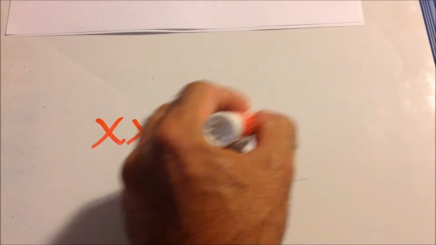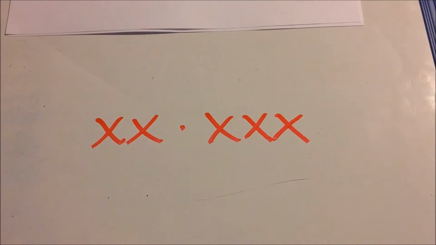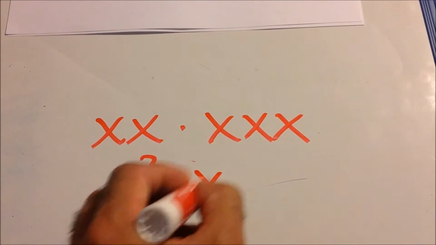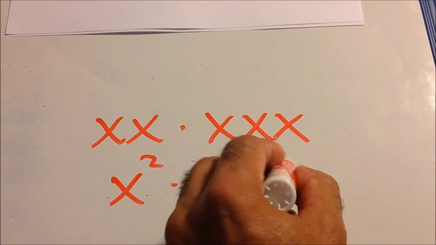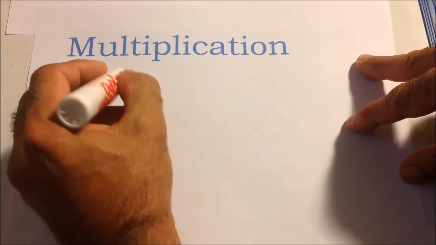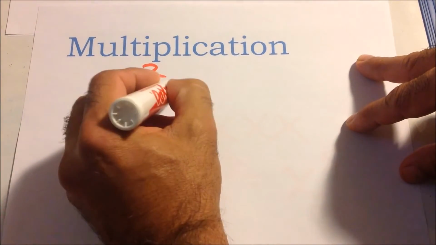What would this be? If I had xx times xxx, what would that answer be? Okay, well, it's x squared times x to the third power, which is just x to the fifth power. They have the same base. So again, just to review on multiplication, remember, with multiplication you add the exponents. So if you had the same base,